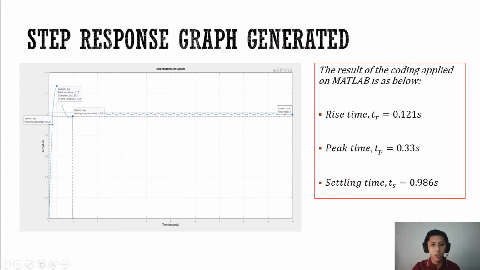So here is the result. We can see that the rise time is actually 0.121 seconds, peak time is 0.33 seconds, and settling time is 0.986 seconds. So that's all for the step response graph